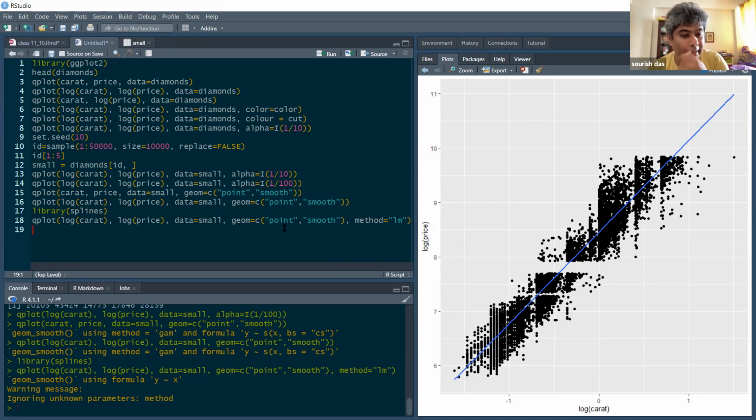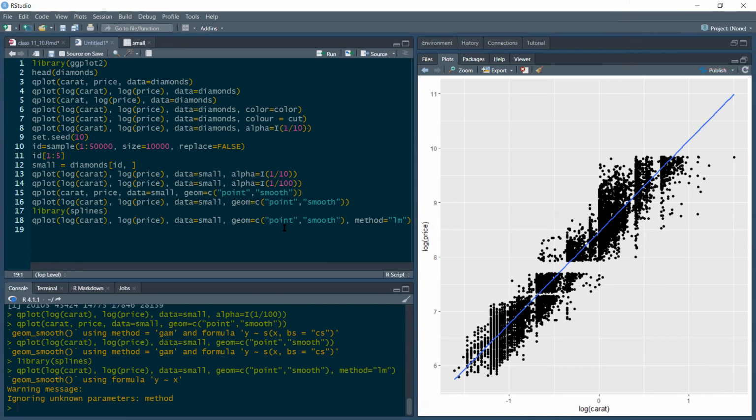It's trying to run y tilde x, basically fitting a curve between log carat and log price. And maybe in that process, the method is unknown for qplot. So that's why it's throwing that.